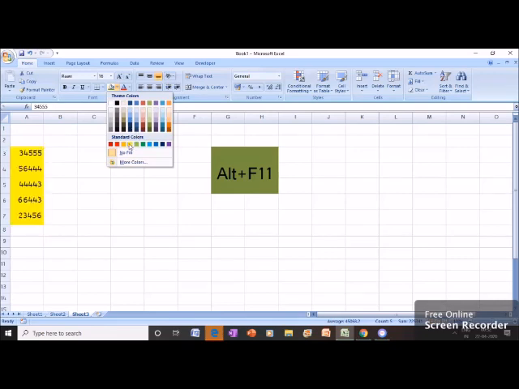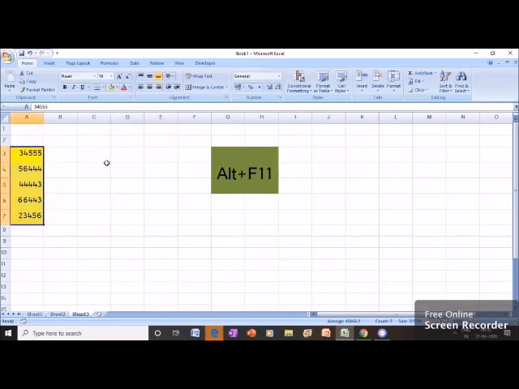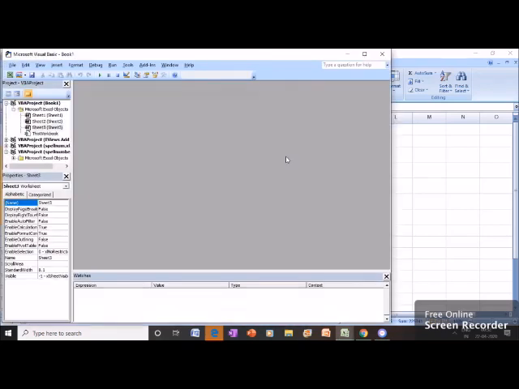For example, we have certain types of numeric values and we want to convert them. First of all, we have to press the Alt plus F11 key. After pressing, we will be directed to the Visual Basic menu.